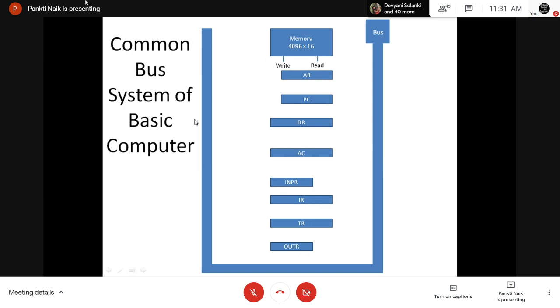Right, and this is your common bus. This is the common bus system for the basic computer, and this path provides transfer of information from one register to another register.